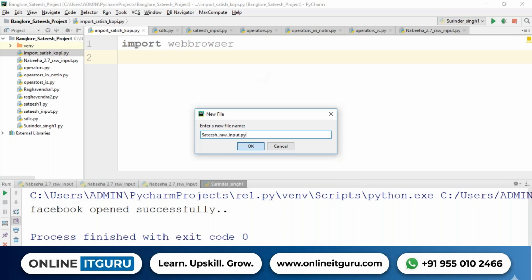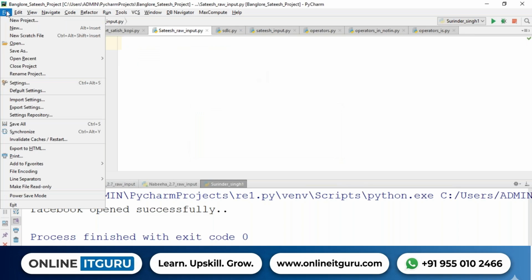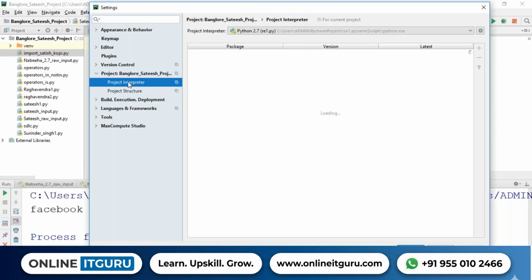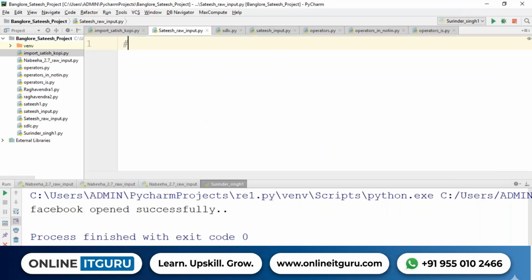As you know, we were working with 2.7. See here, how do you see? Go to project, interpreter. This is my Bangalore Satish project. I'm using 2.7. So, program 2. Okay, see the difference between